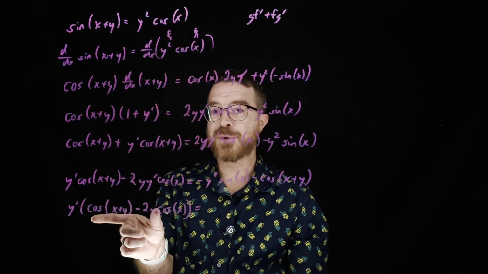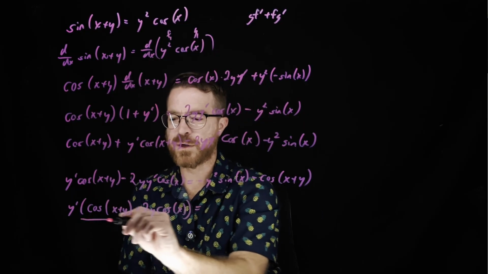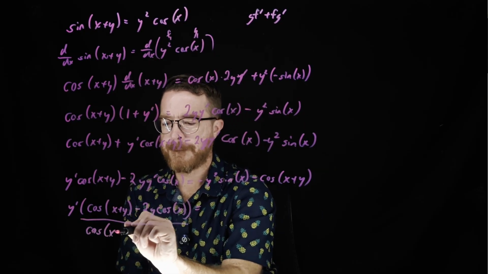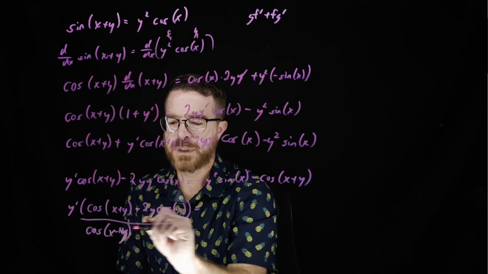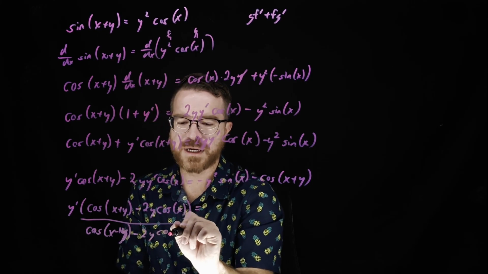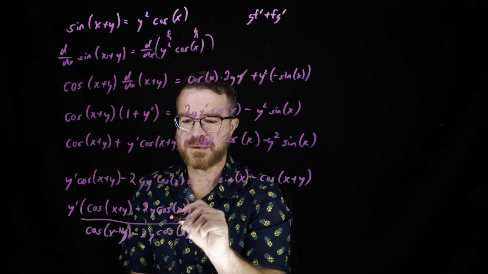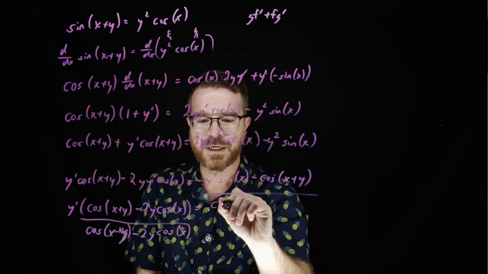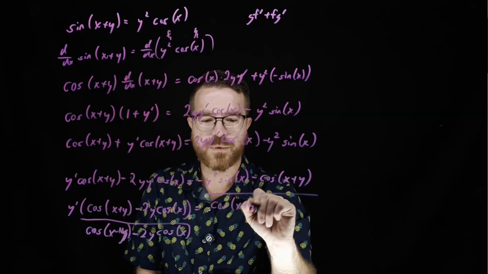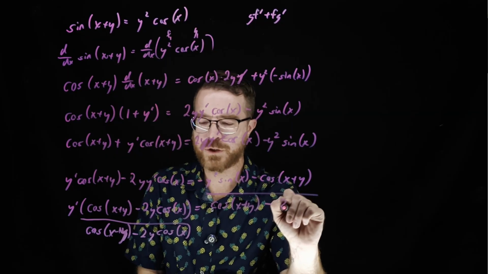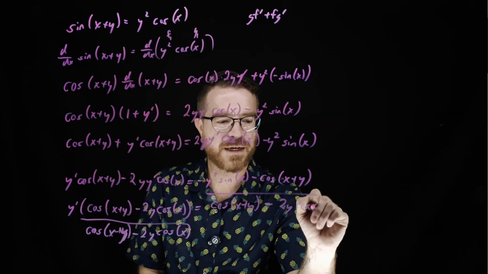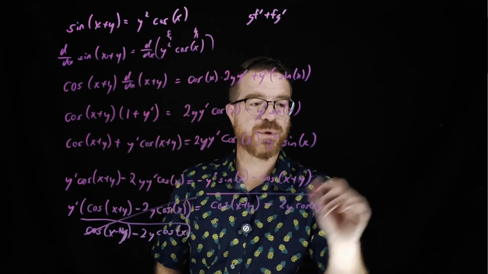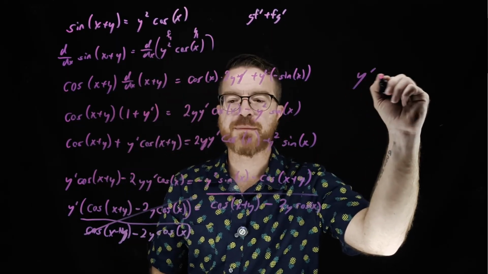I'm going to divide both sides by this cosine x plus y minus 2y cosine of x. So cosine x plus y minus 2y cosine of x, this is going to cancel with this, and I'm going to be left with y prime equals,